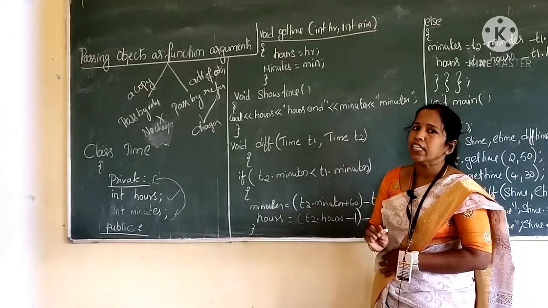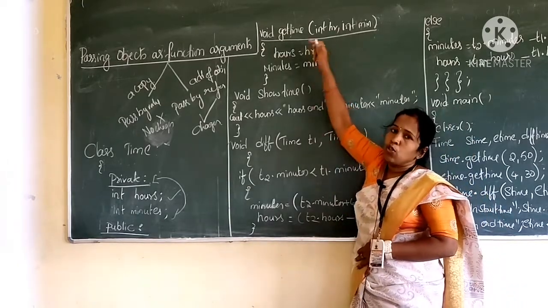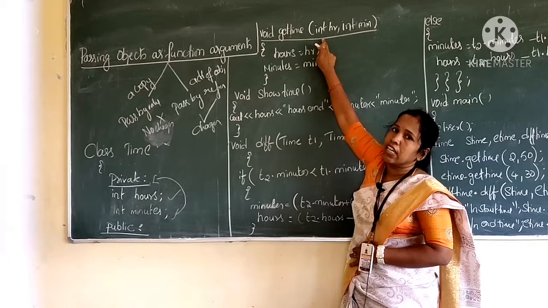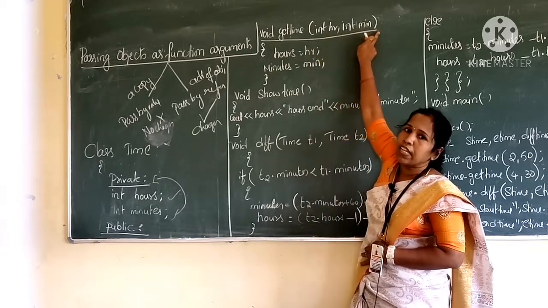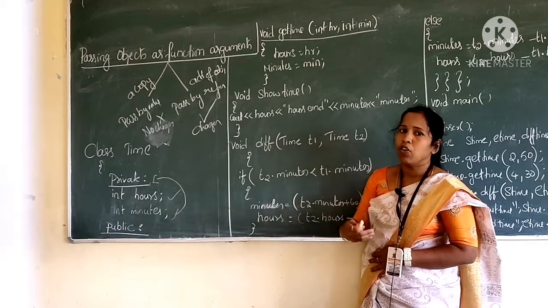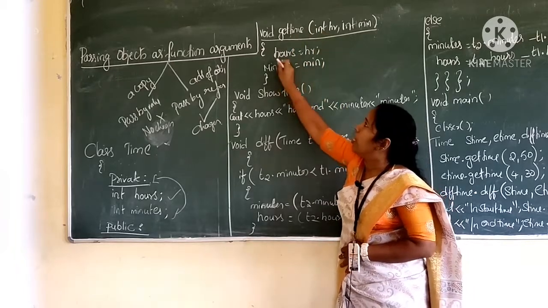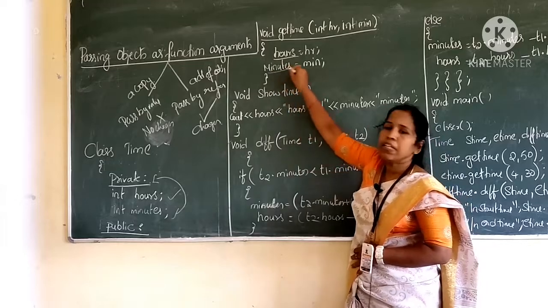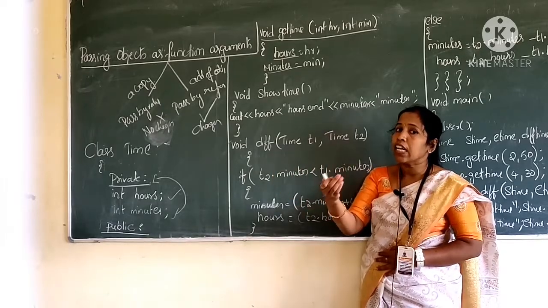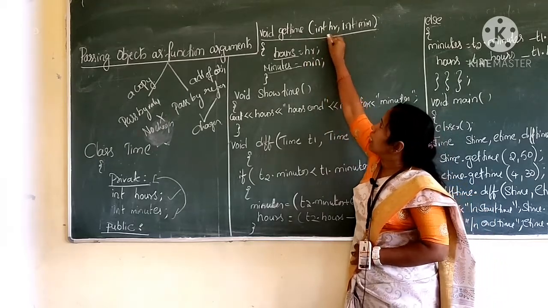The first member function I am taking is getTime. I want to accept the time here. Usually in getData, I accepted the data from the keyboard. But when you check this function syntax, you are passing two arguments, int hours and int minutes. So I am not taking the hours and minutes from the keyboard. Whatever data you pass to the member function getTime will be assigned to the variables hours and minutes. In the previous case, in getData, we used cout to enter the item name and accepted it with cin from the keyboard. But here the data you pass to the member function getTime will be automatically assigned to